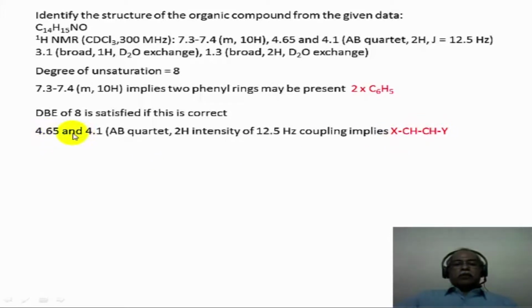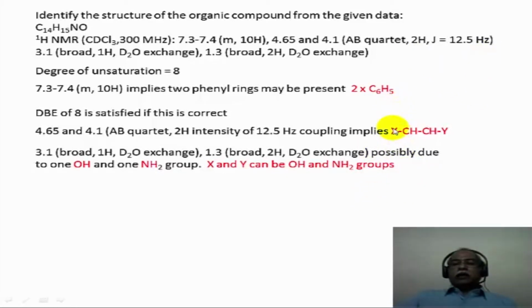So one comes to the conclusion that this is a disubstituted derivative of this kind. There is one more substituent to satisfy the valency 4 of these particular carbons that are shown here, and these two phenyl groups are probably the additional substituents. So this particular pattern recognition of an AB quartet with 2 hydrogen intensity in this chemical shift region has to be only this kind of a substitution pattern. One should recognize it in order to be able to solve this particular problem.